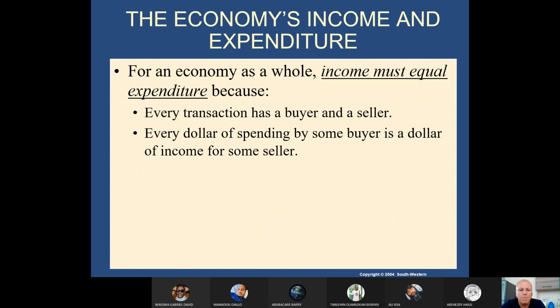In the economy as a whole, income must equal expenditure, because income and expenditure are expected to become equal, which is, of course, the GDP, because GDP is supposed to be